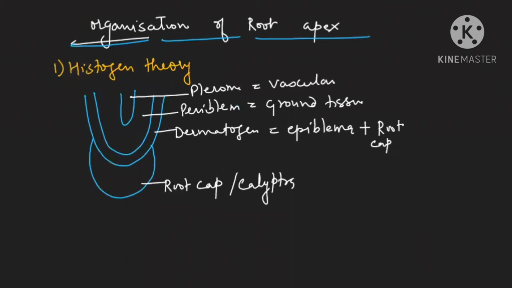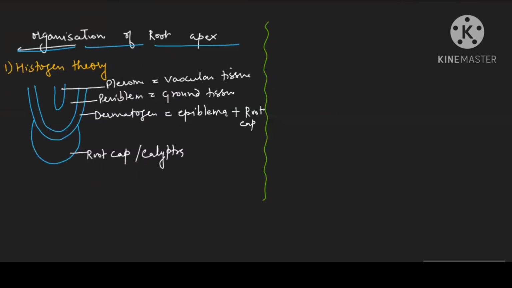Now, one modification is there. Histogen theory is different in the dicot as well as in the monocot. So now let me give you the idea. See class, what I have explained to you right now is of dicot. And how many histogens have I drawn? I have drawn only three histogens. One is dermatogen, second is periblem, third is plerome. Now see in case of monocot. Check the diagram. The diagram will not change, but the histogen number will be changing.